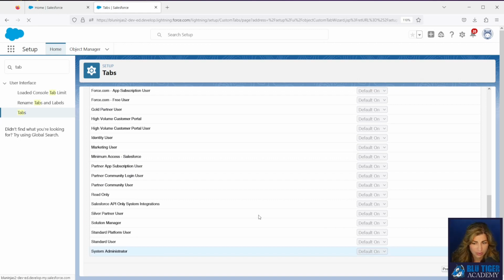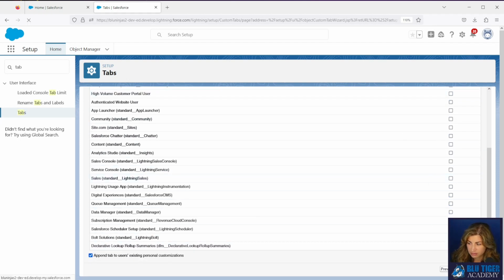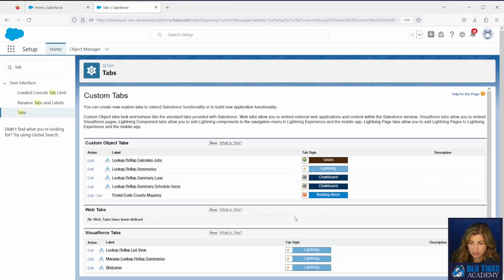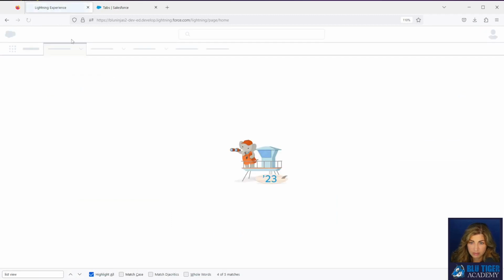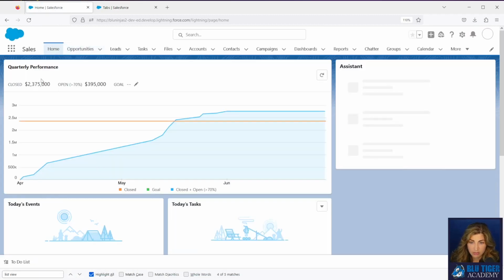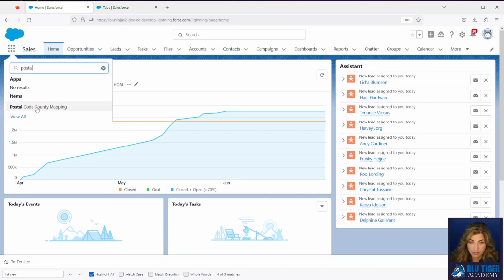But you may not want to enable this tab for all of your users because they just don't need it. Okay, so I now have a tab, so I should be able to find it over here. Okay, perfect.